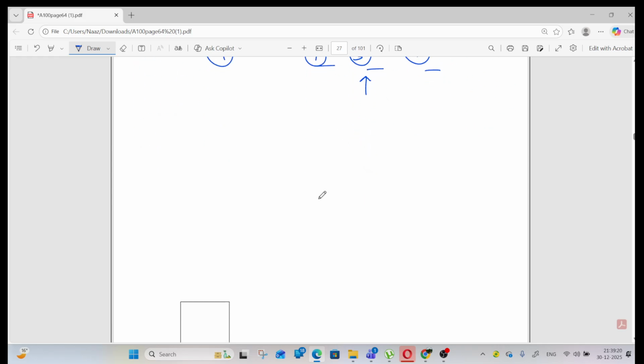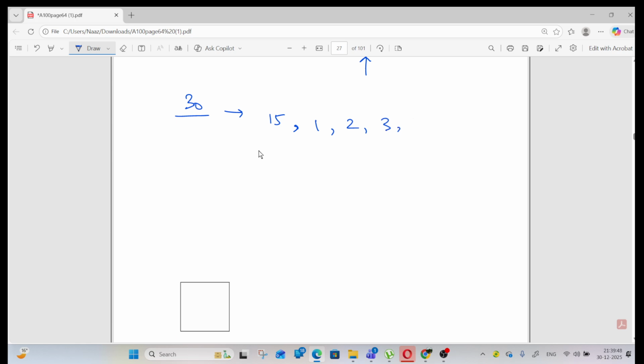go deep into factors. So like I told you, the factors of 12 are 1, 2, 3, 4, 6, and 12, right? Can you tell me the factors of 30? What are the factors of 30? 15. Yes, 15 is a factor of 30. Tell me some more. 1, yes, 1. 2, yes, 3, 10, yes,